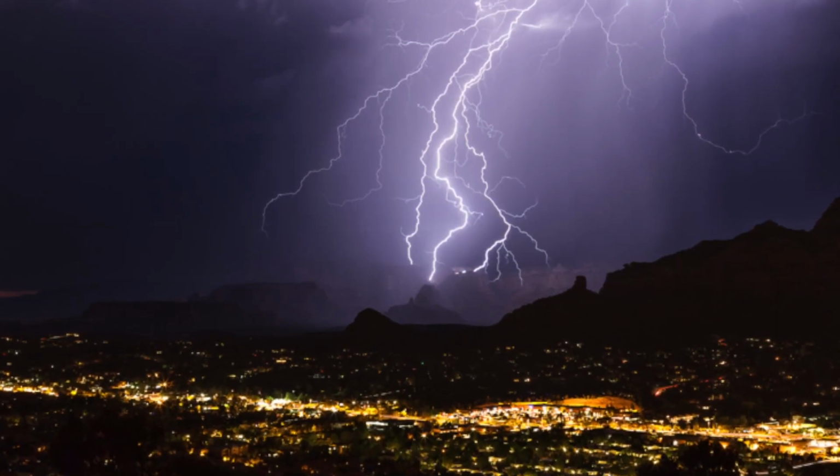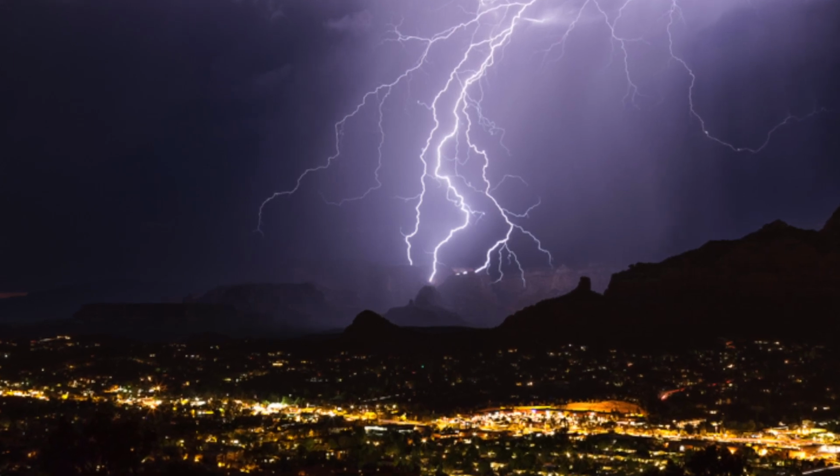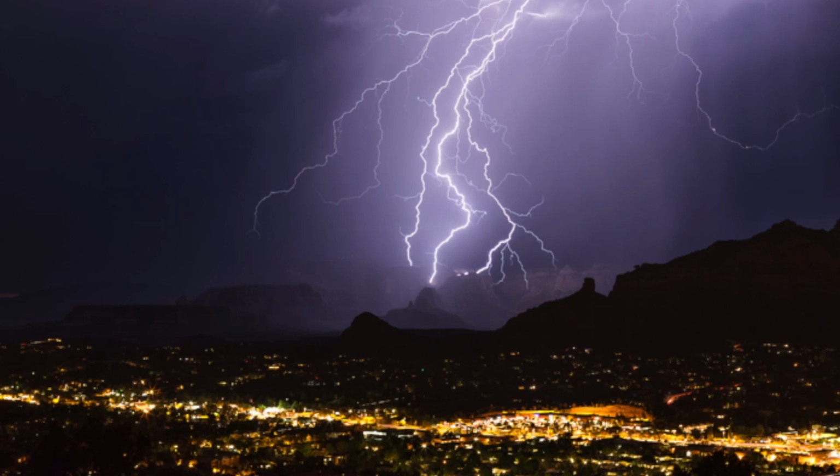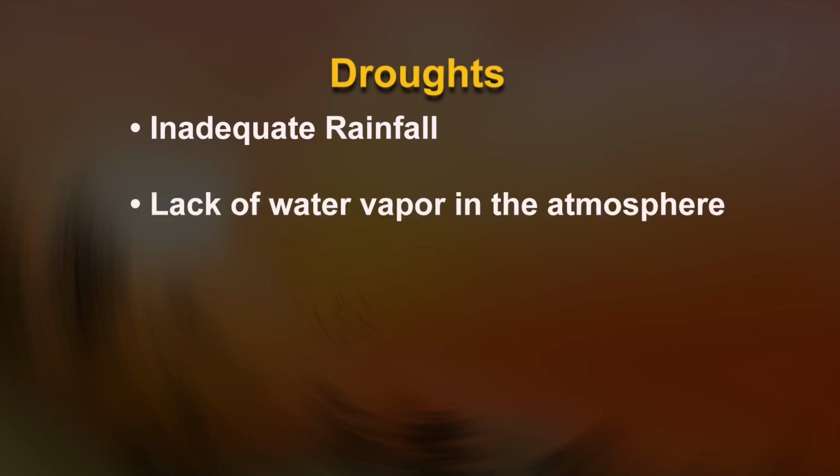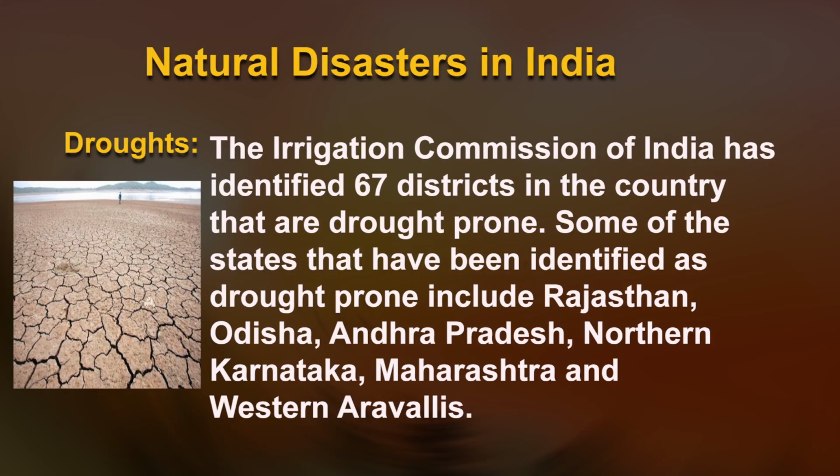68% of India's cropped area receives a rainfall between 750 and 2000 millimeters per annum. These areas are highly susceptible to irregularities in the monsoon, such as late onset, long breaks and early withdrawal. They are vulnerable to droughts. The reasons are inadequate rainfall, lack of water vapor in the atmosphere, climate change and location. The Irrigation Commission of India has identified 67 districts in the country that are drought prone. Some of the states identified as drought prone include Rajasthan, Odisha, Andhra Pradesh, Northern Karnataka, Maharashtra and